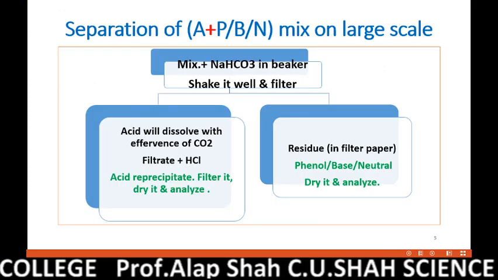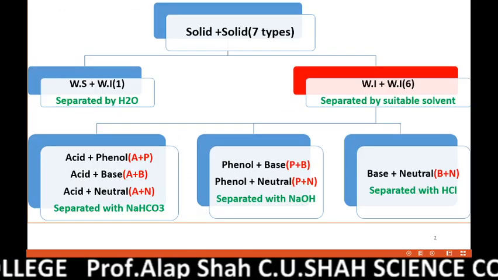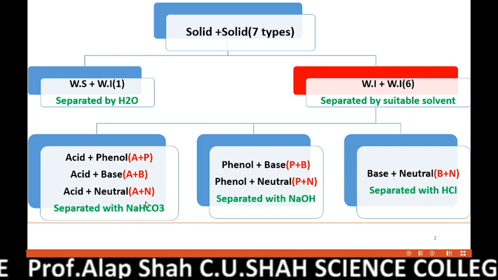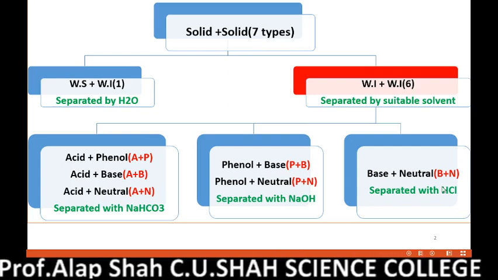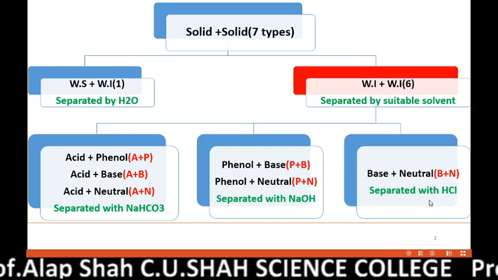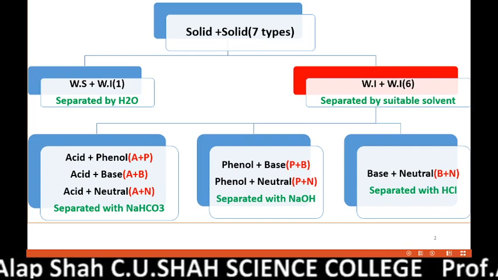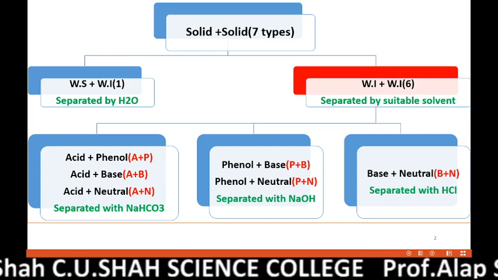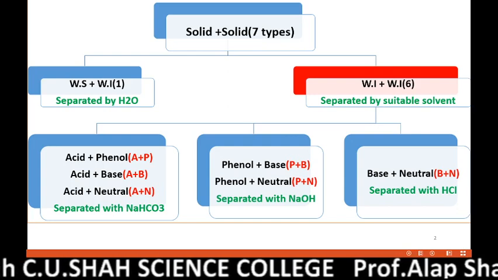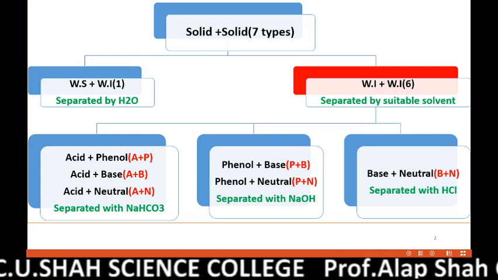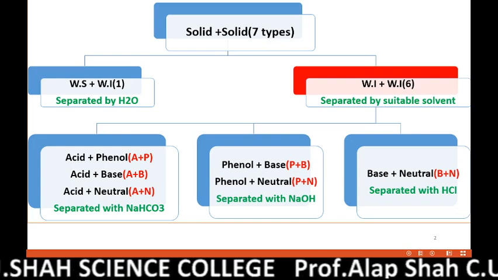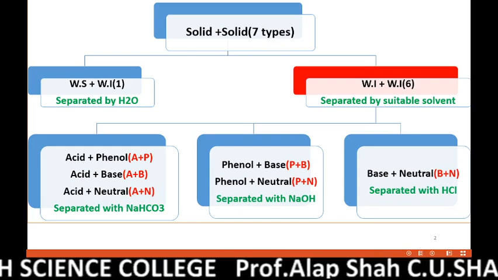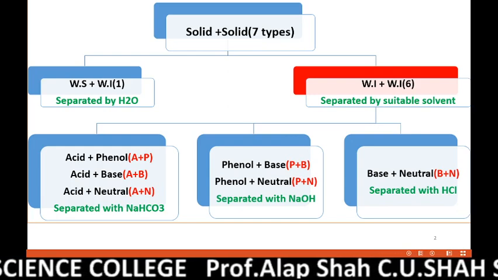Now once you determine the type, say for example for water insoluble, any one type, whether these three or these two or this one, any type of these six you determine, you have to go to the examiner and get it checked, which is the correct type of your mixture. If the examiner approves the type, then you have to separate your mixture on the large scale, because whatever we did so far, we did on a small scale, on a test tube scale.